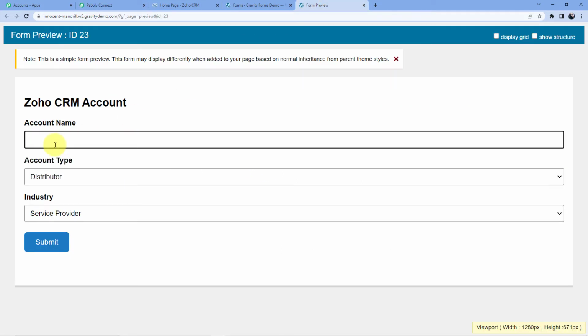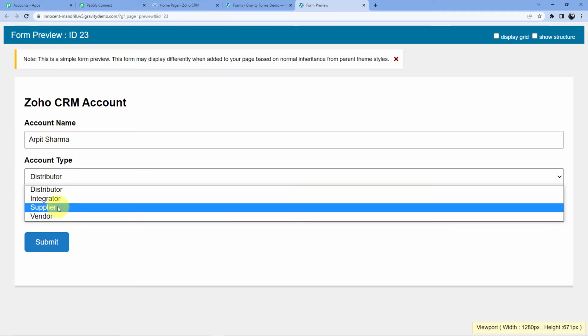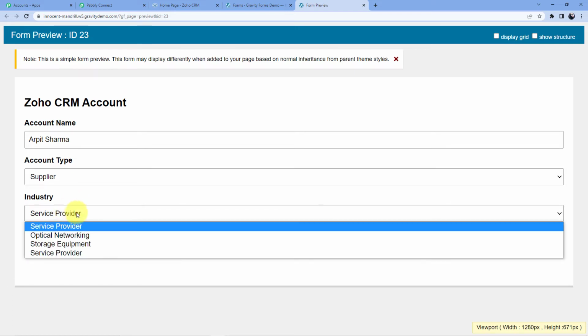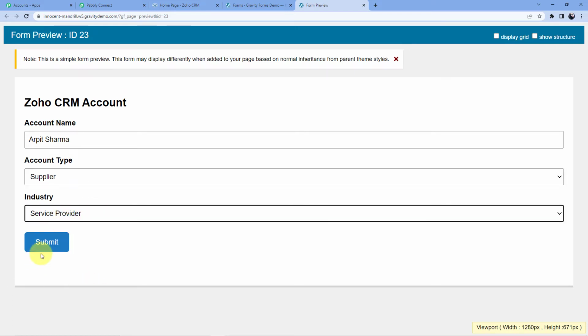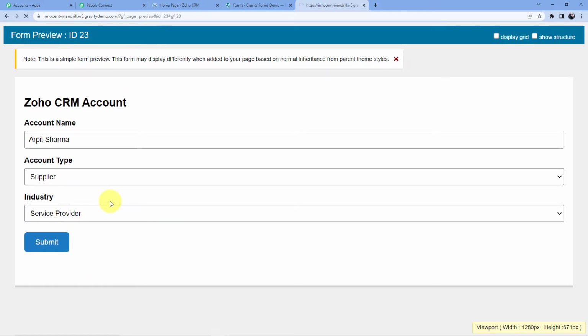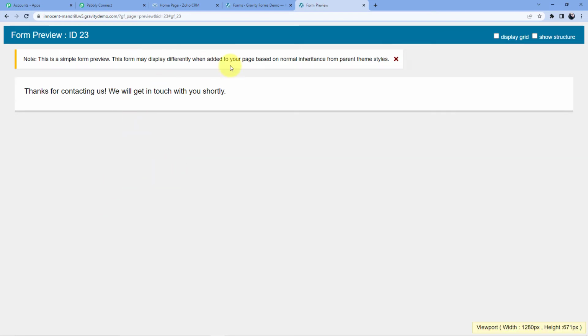So I'll just go for account name. I'm going to make an account name by the name Arpit Sharma. And for account type, I am just going for supplier because I am the supplier. In industry, I am the service provider. So I'll just click on submit, and as soon as I click on submit, you will see that the